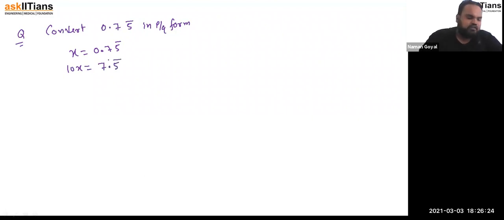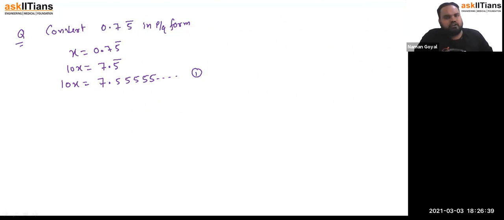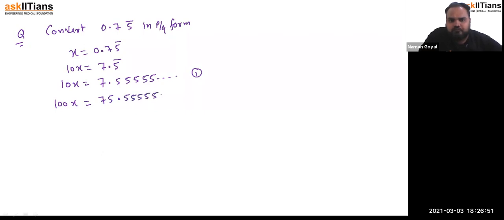Now we are going to follow the same procedure. Got it? So it will be 10x is equals to 7.555555 and so on. First equation. Now bar is only on one digit, so we have to multiply it by 10 more, right? So it becomes 100x is equals to 75.55555 and so on. Second equation. Now same method, what we have to do, subtract equation first from equation second. Listen what we got,